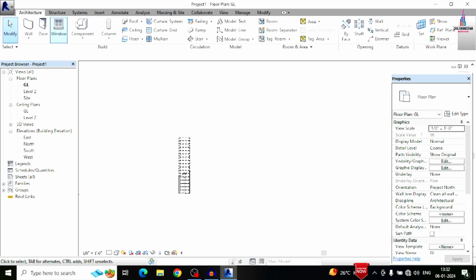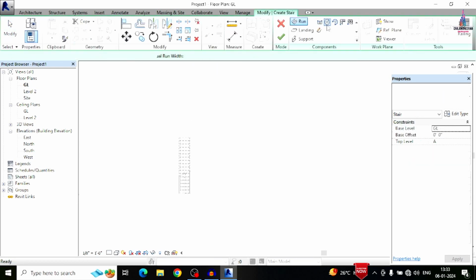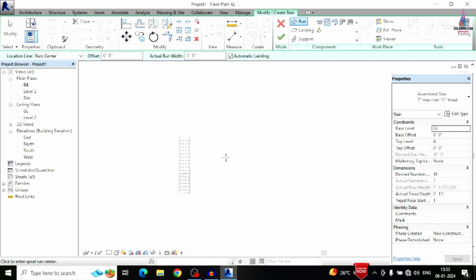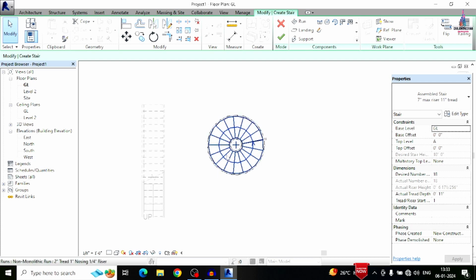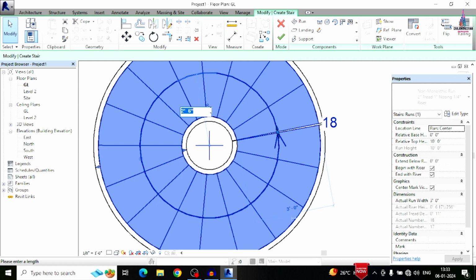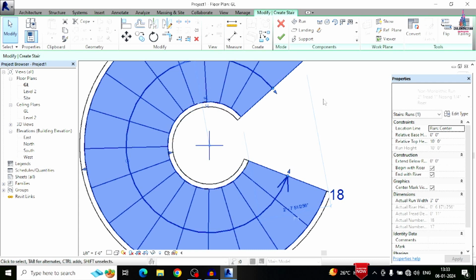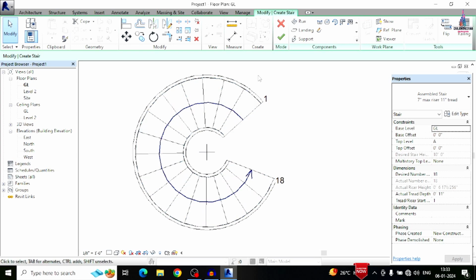In the same process I will explain some other staircases also. Select the staircase, stair by component. It will consist of your full spiral staircase. You can select the center point of that particular spiral. You can select this radius. Now you can see this is the staircase which is related to the spiral model. You can select the radius distance according to your consideration. For example, I want to change this staircase to 3 feet 0 inches. According to the height of the staircase, it will consist of the spiral model here like this. It is not a closed circle here. So click on the right mark option.